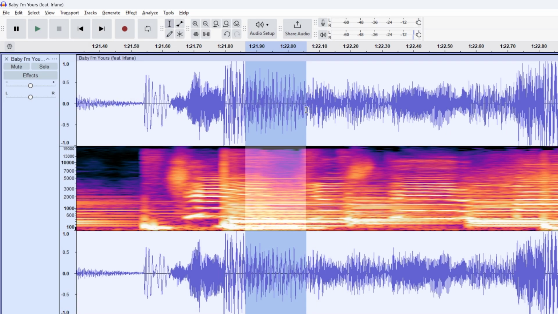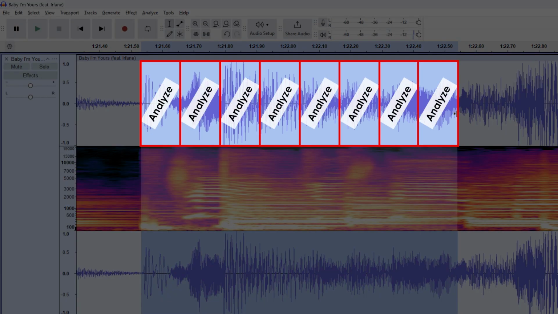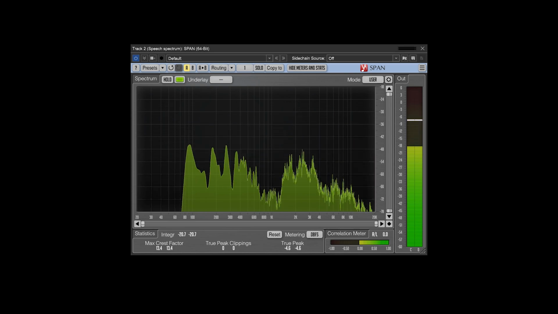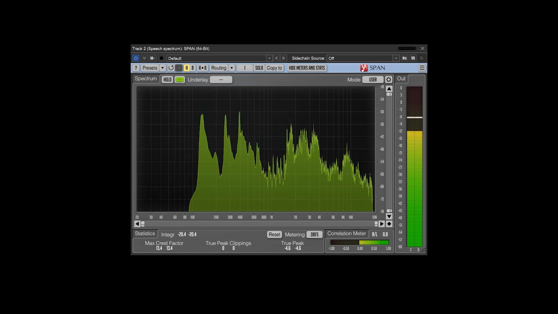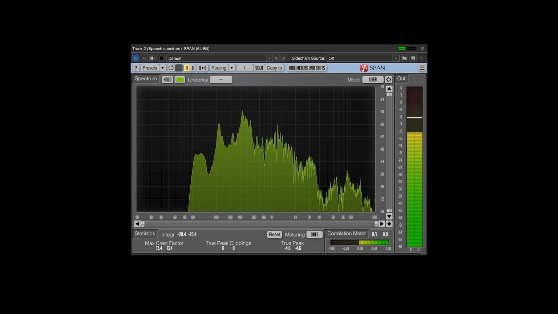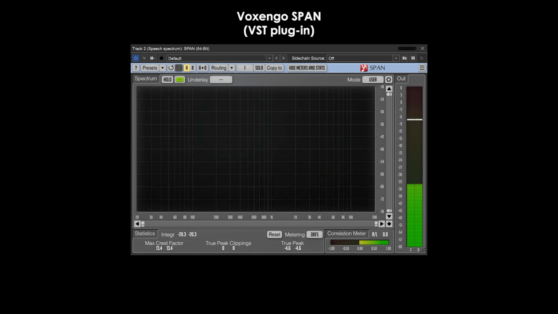Now, all that we've talked about regarding spectral analysis is only for a small portion of audio. So, how do we analyze music or voice where the components vary over time? For that, it would require taking the Fourier transform many times in the span of a single second, and there are two ways to present it. The first way is to display the spectrum as an animation. Each individual image in the animation is a spectrum taken at a certain time. In music software that supports VST plugins, you can download the free plugin Voxengo Span.